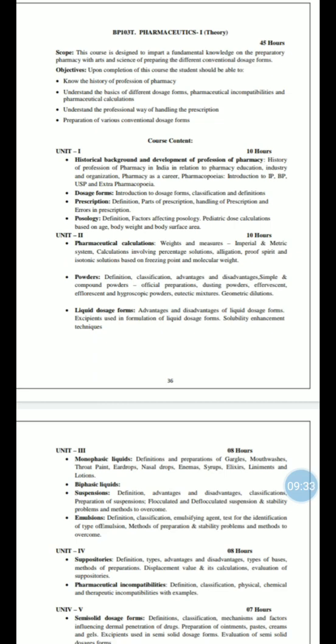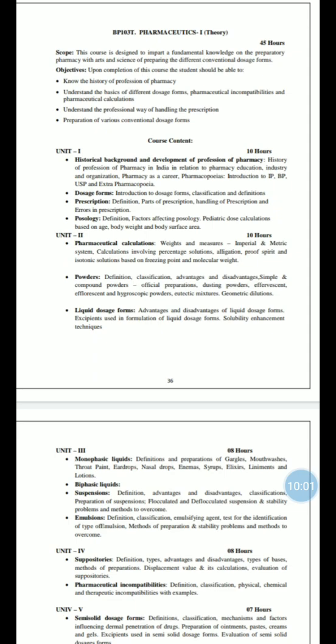Then we will see the prescription. Yes, what is prescription? It is written order given by the doctor. Simply prescription, it means what? It is written order given by the doctor. Then posology. In posology there are different factors. Then dose calculation. There are different dose calculation which are based upon age, then based upon body weight, and then based upon body surface area. Posology means what? Simply it is science study of dose calculation.